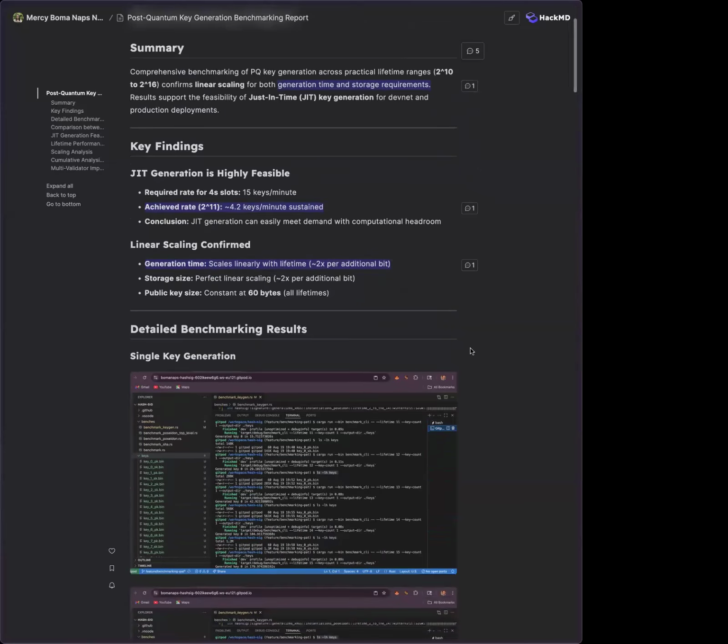So one thing that I don't completely understand is you mentioned 4.2 keys per minute sustained. My impression was that we would be generating about 1 hour's worth of keys every second, or kind of that order of magnitude. So, hundreds of thousands of keys per second. What does the 4.2 keys per minute refer to?